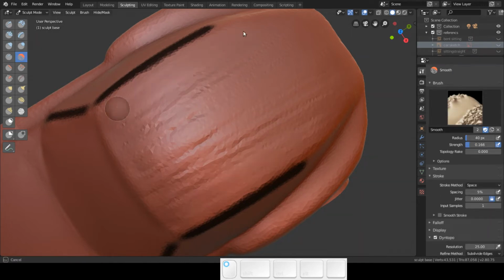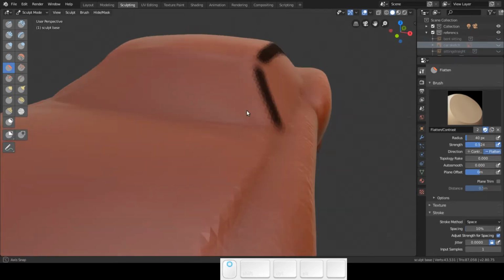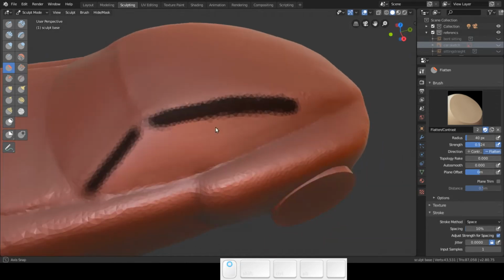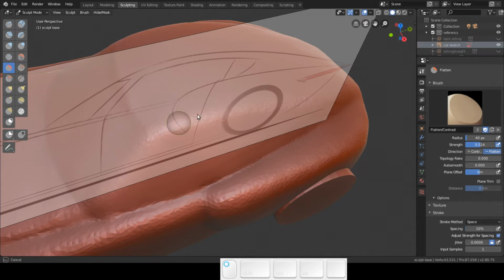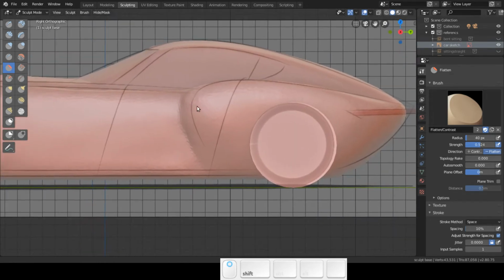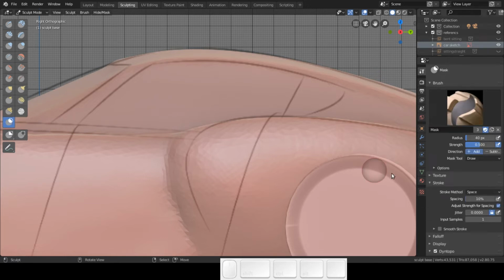Okay, now let's smooth that out. Now let's remove the mask and then go ahead to show the car sketch. Let's use tree. Okay. So as you can see now, I'm going to use the mask, and I'm going to show you a little trick with the curve tool. The thing with the curve tool is